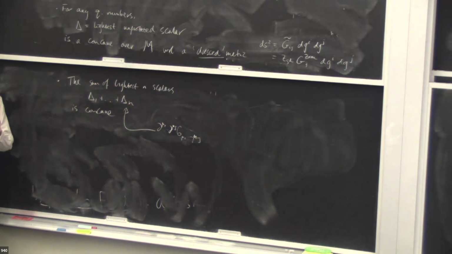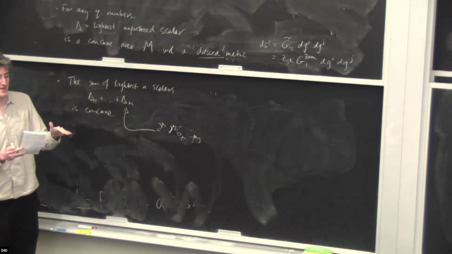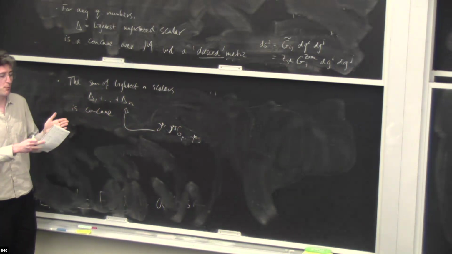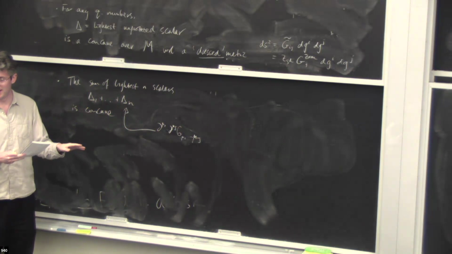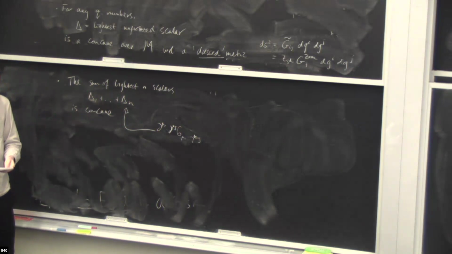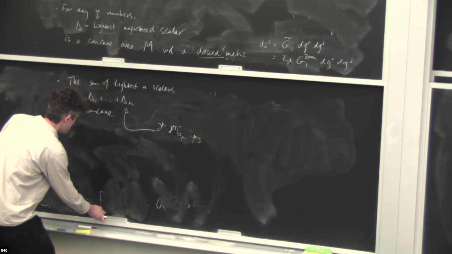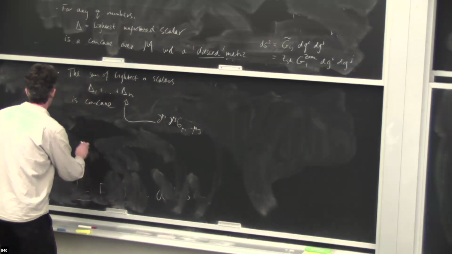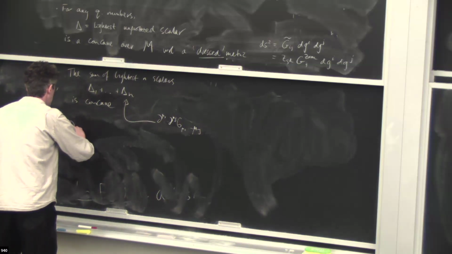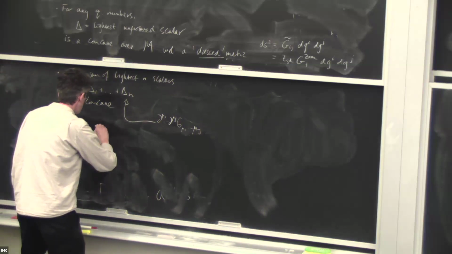And so, as you mentioned, there can be level crossings and things like this. So strictly speaking, what I'm saying applies away from level crossings. At least I need that which operator is the nth operator shouldn't change. I can have degeneracies in the lower operators, that's fine, as I often have in SUSY theories. So let me define what a concave function is.